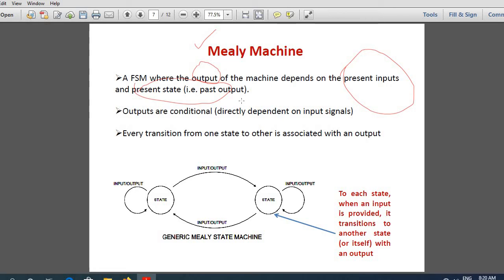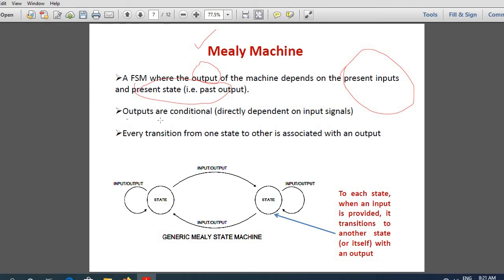It will be coming as our current state. And now we apply the inputs and it goes to the next state. So a Mealy machine is a finite state machine where the output depends on the present inputs provided and the state in which it is in. The state in which it is in depends on the previous state, or the previous output.